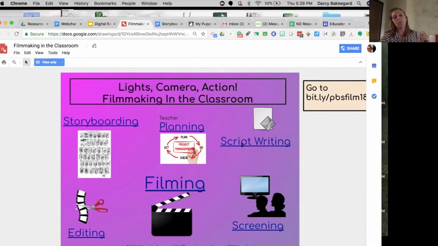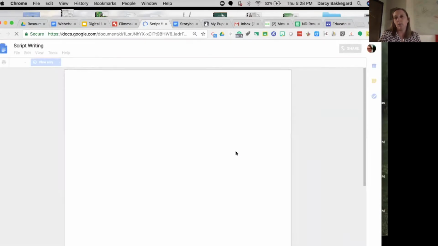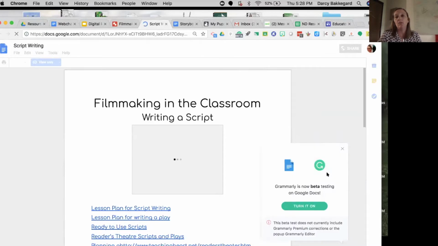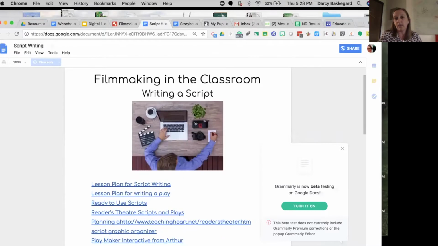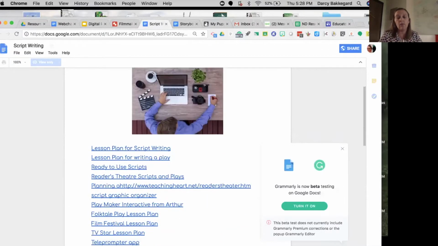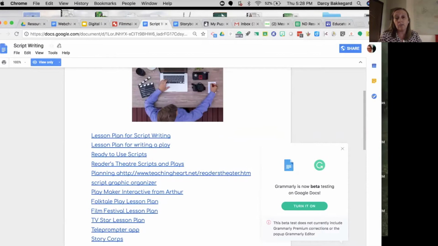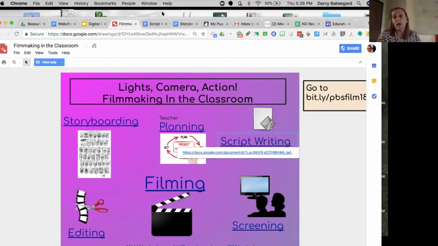So when you look at it as this experience that can be student-led, you introduce all of these steps to them and explain what they are, and I'm sharing a lot of different resources for each of those steps. Then let the kids decide where they start, and let the project guide where they start. For some kids, it might be writing a script, then coming up with costumes, then practicing and doing that in front of video, or making puppets and doing that in front of a video camera. Other kids are just going to go out and start filming and then come back and write a script and do some filming again.